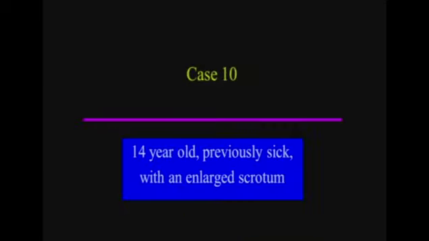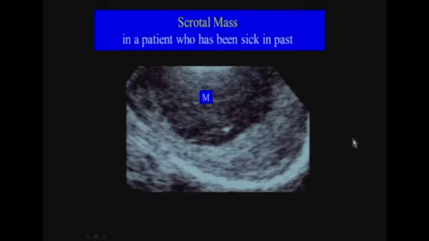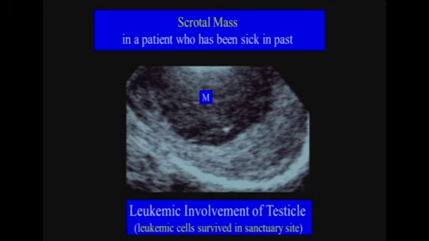Our 10th case is a 14-year-old who was previously sick with an enlarged scrotum. The letter M is on an echopenic scrotal mass within the testicle. The key point here is this patient has been sick in the past, and the patient had leukemia. Leukemia does not typically show up as testicular mass, but treated leukemia can have recurrence seen as testicular mass because